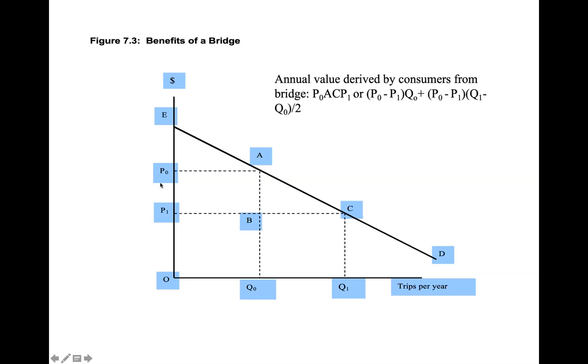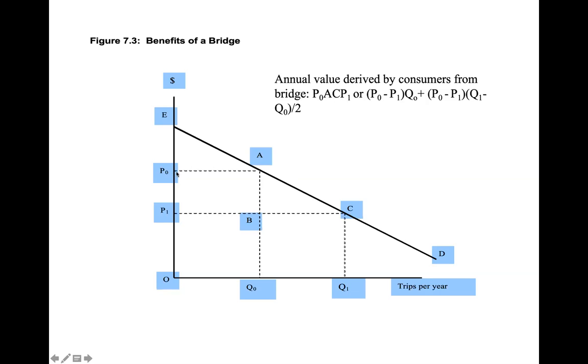So if we were here and this was the annual cost of trips per year, and we build a bridge which reduces the cost of our trips because it's a shorter distance, so we don't have to drive so far, then we would be down here. So we would have more people all the way out to sea consuming this. So we're actually increasing the amount of consumer benefit from this bridge in this community by this area right here. So this much more is a rectangle, and this much more is a triangle. So we can tell what's the annual benefit derived by consumers from this bridge. And that's what this is right here,